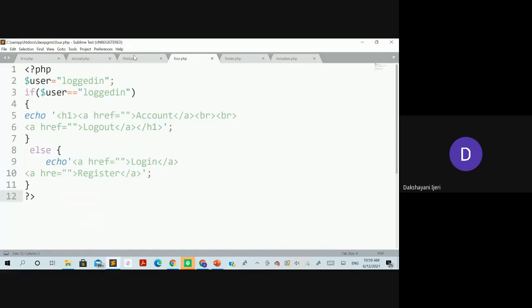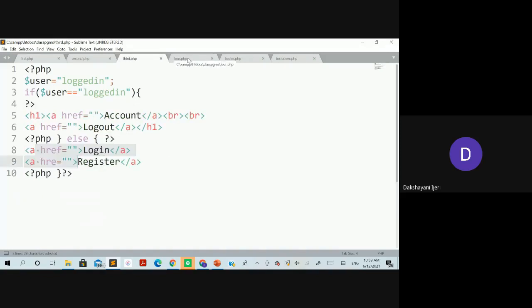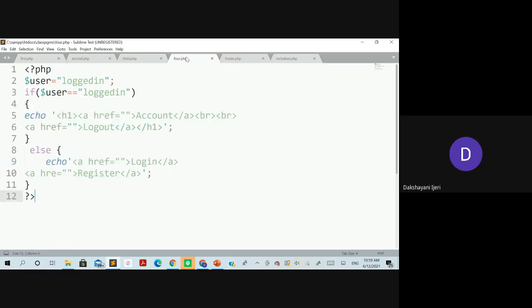right? I'm not saying that you are going to find a difference in the result here. Instead, it is as good as saying that these are the two possible ways to use PHP and HTML over here, right? Whichever is more convenient to you as a programmer, you can adopt it, right?